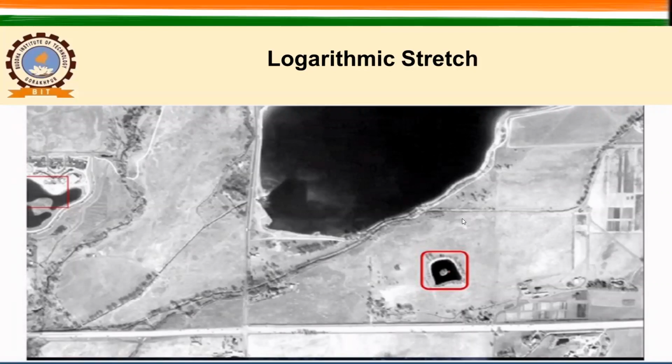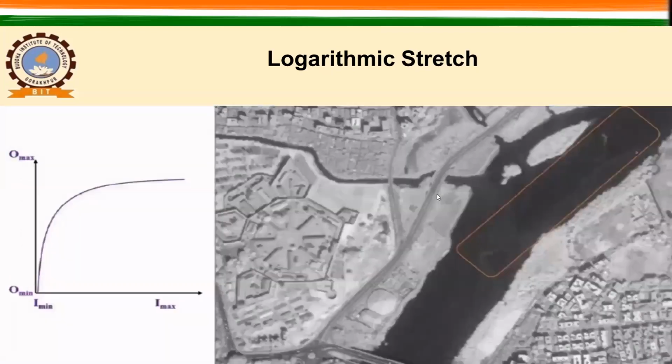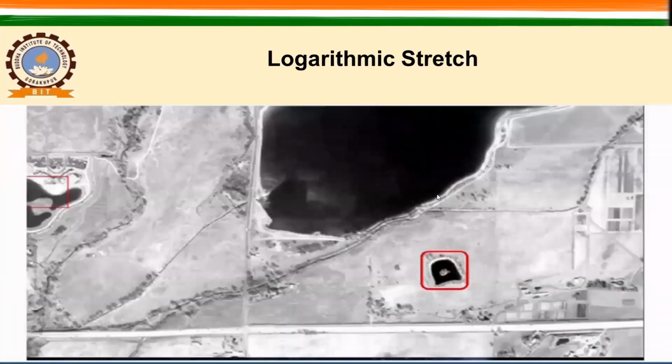Okay, and this is another example. Here you can see after logarithmic stretch, and you just compare this and this image and just see that a small water body, right? You can see a small water body. Now I am going back again and see this one. There is a change in the area. ठीक है, ये पीछे जाके मैं देखूं. So there is a change in the area or the information which is available here, right? So hopefully this example will help you to perceive the logarithmic stretch result in remotely sensed image. Okay.